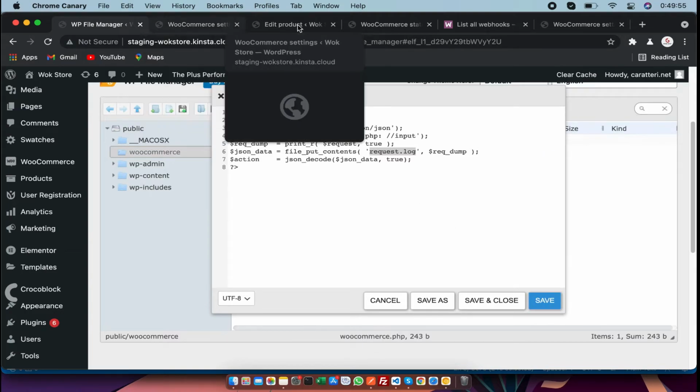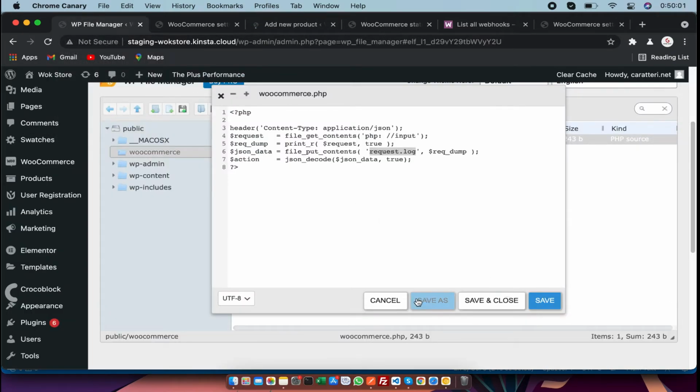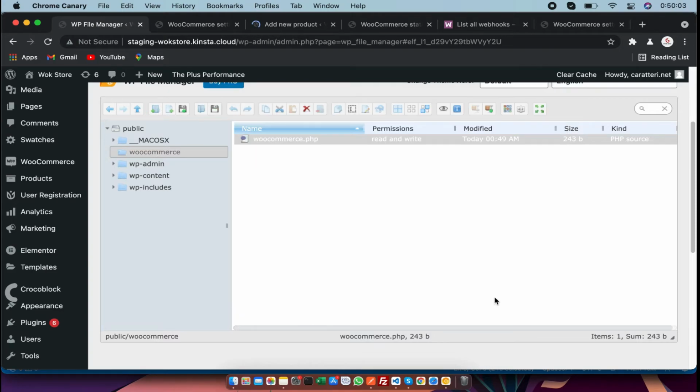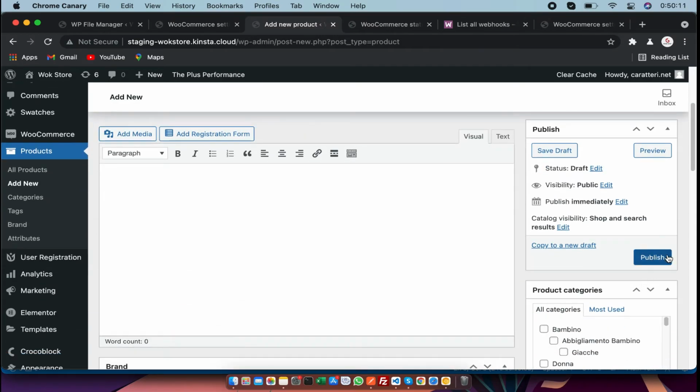Just create another product to test whether it is working or not. Save and close. I am going to name it also testing. Publish.